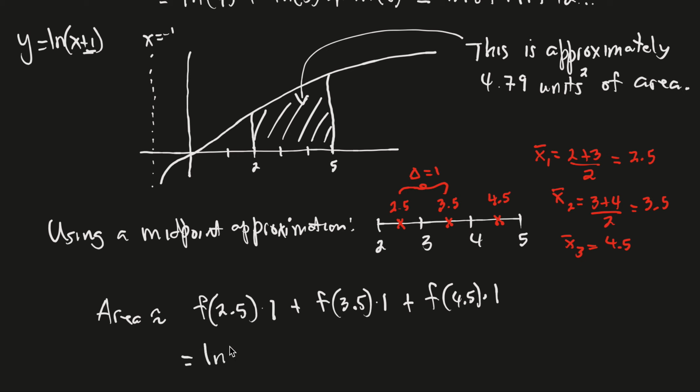So this now is the natural log of 3.5. Don't need to multiply by 1 because it's not going to change that function value. Plus the natural log of 3.5 plus 1. We have to remember to do what our function says because it's the function that gives us the height of each of those rectangles, right? So then this is 4.5, and the last term in our Riemann sum is the natural log of 4.5 plus 1, so that's 5.5. And again, you can verify this just so that you're evaluating things correctly, and this comes out to be